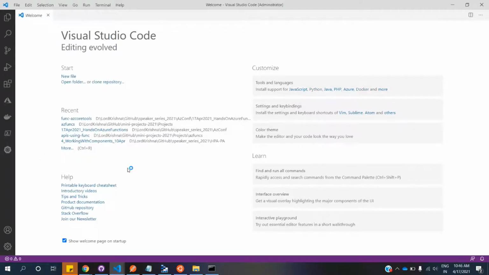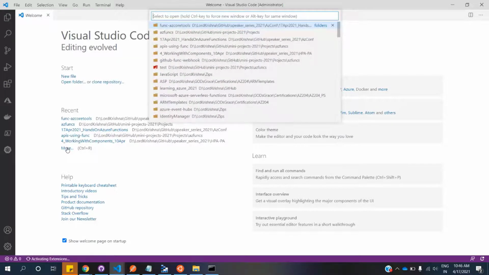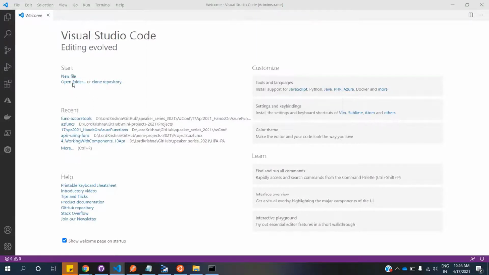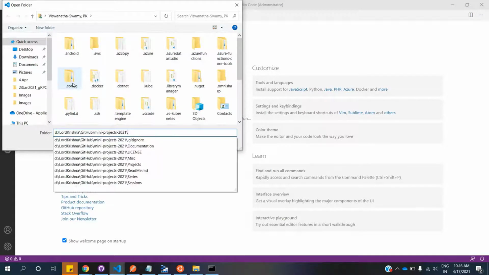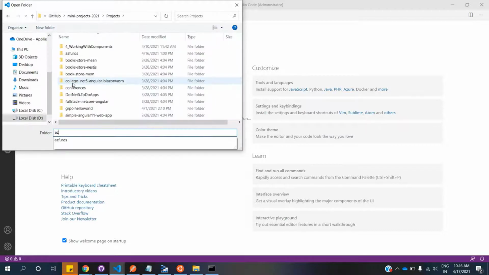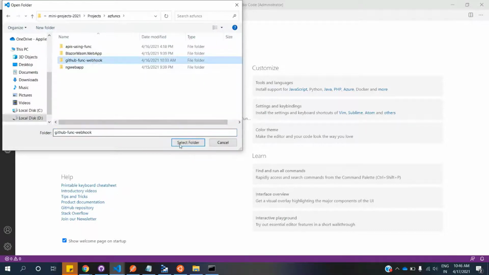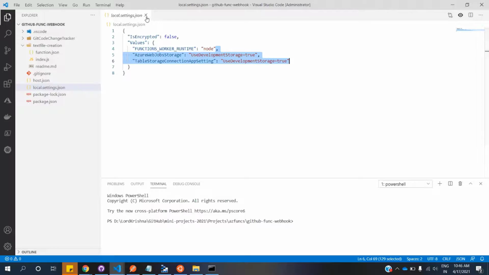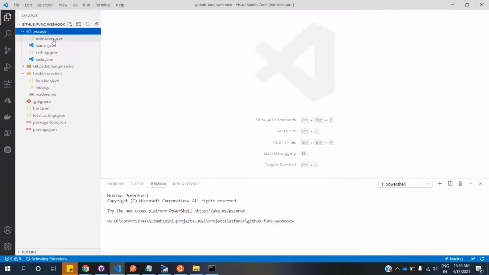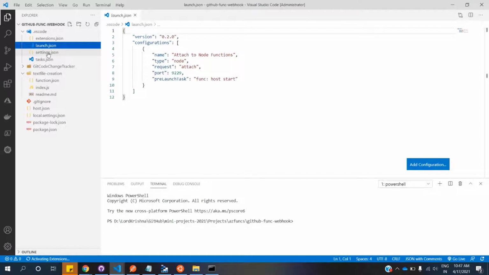Let me open up another one which I created yesterday, but the entire code is the same. So let me open that. funcs. And this was the function which I created yesterday. Technically, the same code, we just copied it from here. So the VS Code, I didn't enable this. That's my mistake.